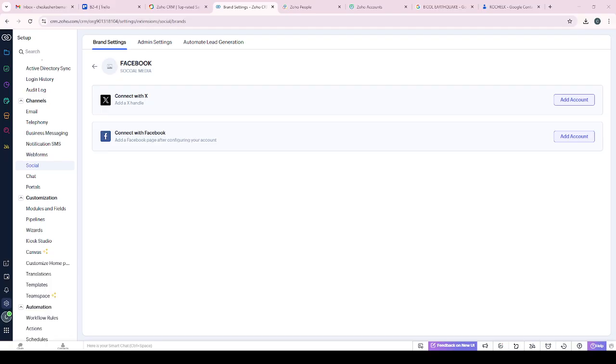With everything in place, you can now start syncing data between Zoho CRM and Mailchimp. Sit back and let the integration work its magic, helping you keep both platforms up to date effortlessly. And that's it! You've successfully integrated Mailchimp with